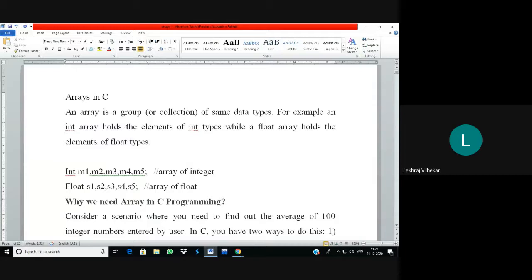In the problem that we are facing, m1 is at 1000, m2 is at 2000, m3 is at 1050, m4 is at 2500, m5 is at 3000. So all the variables are dispersed. Because of this there is more consumption of time while accessing or storing the data. But the solution to this problem is an array. Whenever you make use of an array, the elements are stored in a contiguous memory location.